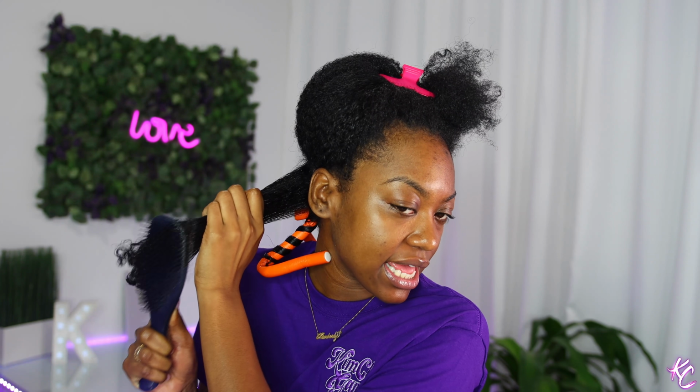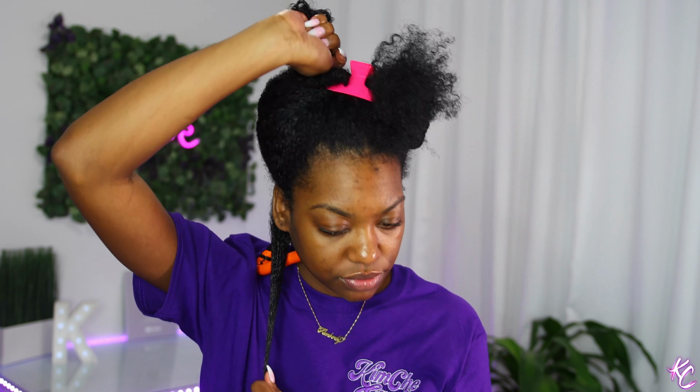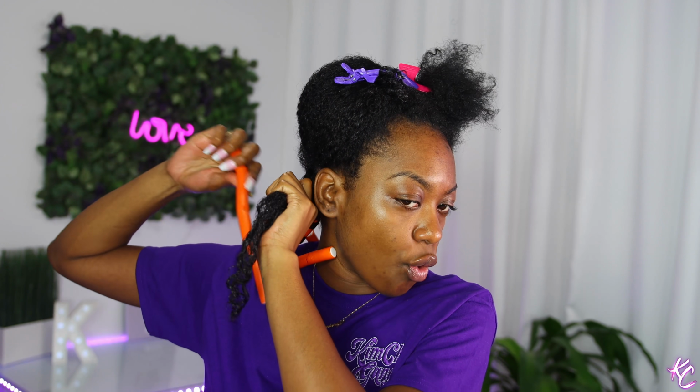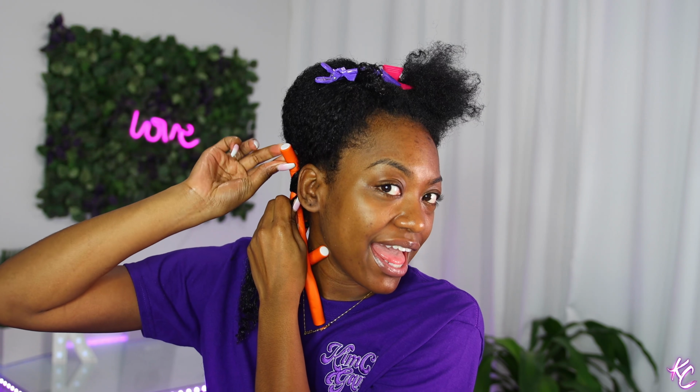Make it nice and smooth, pulling tightly. You want to clip this part out of the way. So now you just got this section of your hair. You want to make sure the product is really in there, so I like to just smooth that product on through. Then you want to go ahead and take your orange rod, or whatever color rod you're using, and go